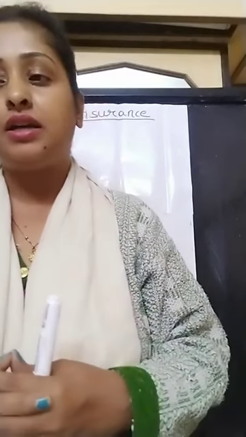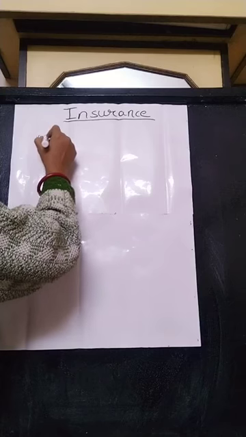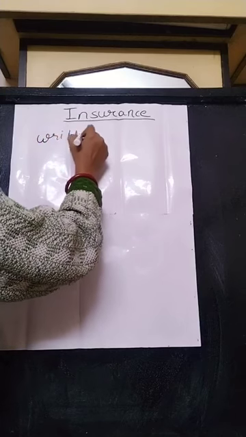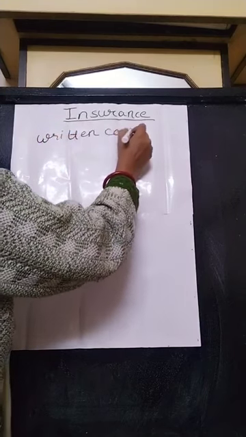Insurance is nothing but it can be defined as a written contract. It can be called a policy in which one party agrees, in return for a consideration, to pay a specified amount of loss to the other party. So the definition of insurance is a written contract. It is a written valid contract